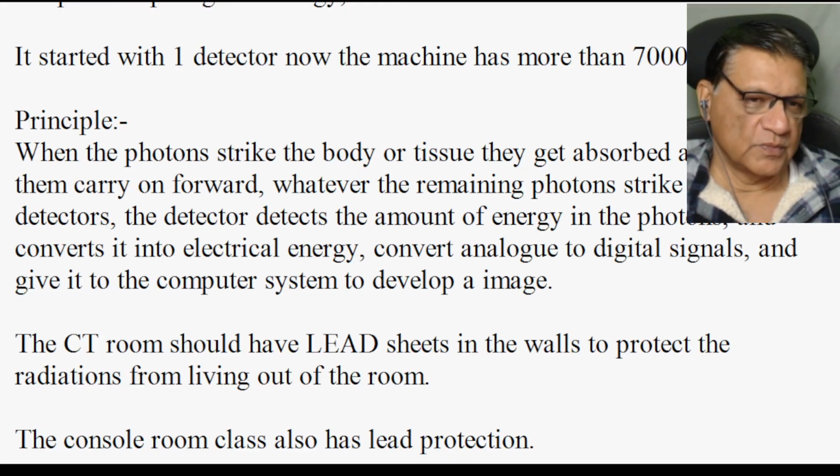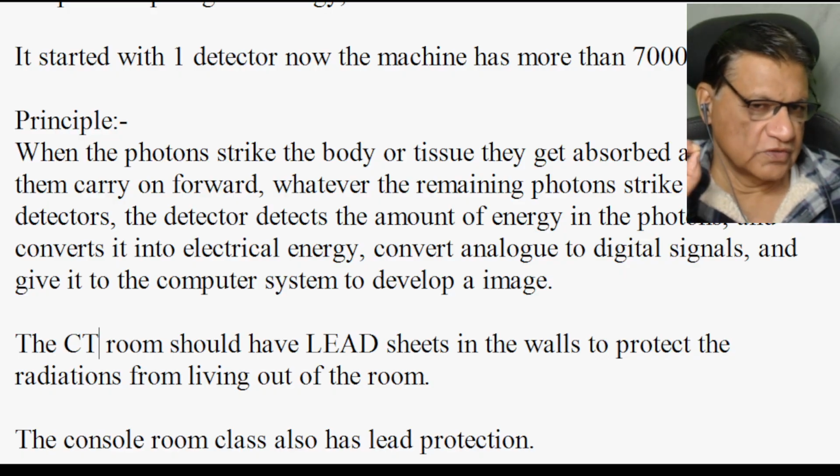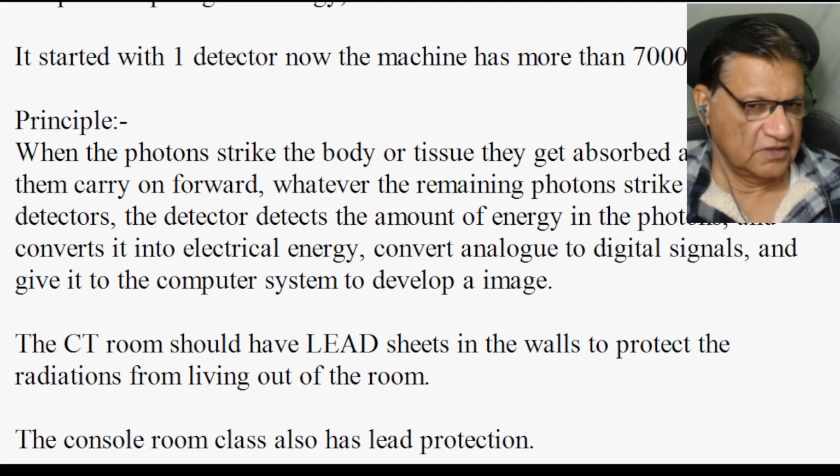Now, what is the principle behind this? How do we take the picture of CT scan, and what is the principle of working of the machine? So when the photons strike the body or tissue, they are absorbed and some of them carry on forward. The remaining photons strike the detector, which detects the amount of energy in the photons and converts it into electrical energy, which is converted from analog to digital signals, and then given to the computer system to develop